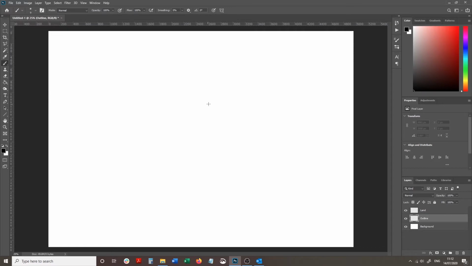Okay, so here we are in Photoshop, and I'm going to go through the basic steps I would do to draw land if I was doing it on paper, but obviously in this instance it's all digital. First thing to note, because it's Photoshop, I've got my layers set out down here. The background would be your piece of paper. For the outline I would use a pencil, and the land I would draw in ink or a darker pencil